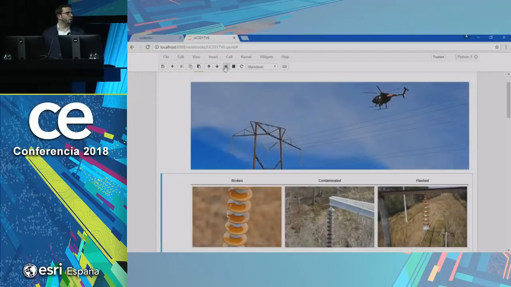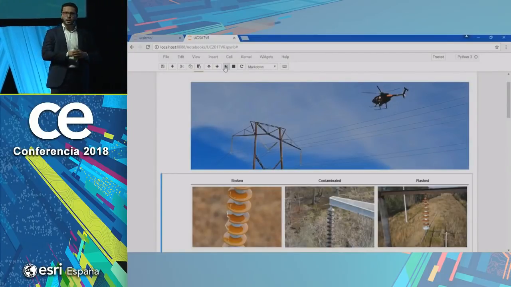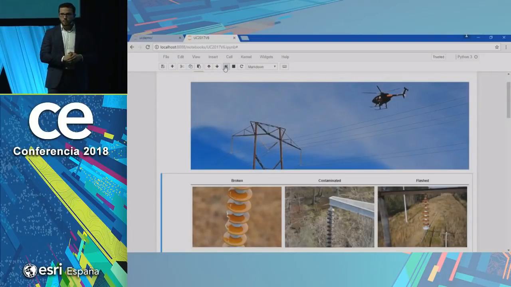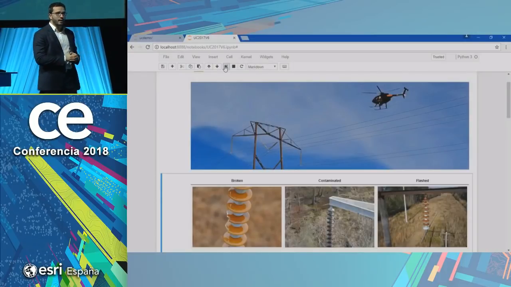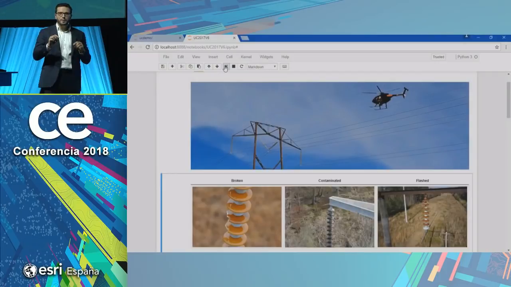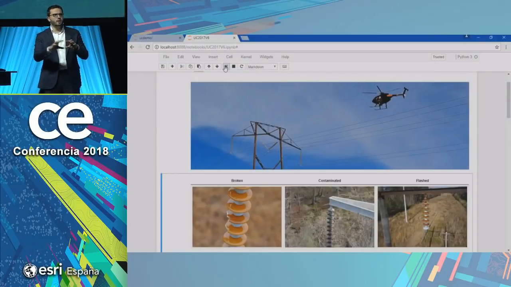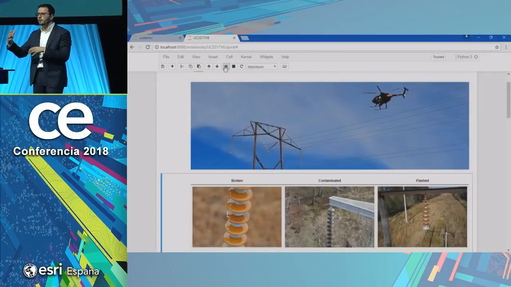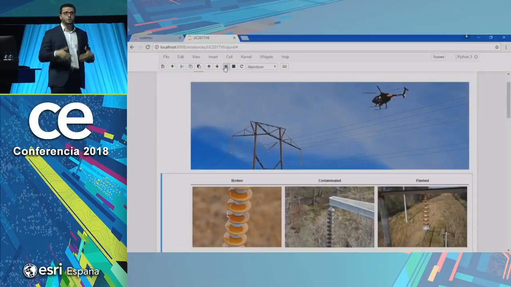Another example that we have worked on with some utilities is detecting broken insulators. What you're seeing on the screen here is a broken insulator on the lower left. You want to check the health of your assets. So they fly a lot of drones, capture images, and had people manually watching these images from drones to try to understand where the broken insulators are and send inspectors. But if you think about it, this could be automated using deep learning, right? We can train a model to recognize this, and that's exactly what we have done here.